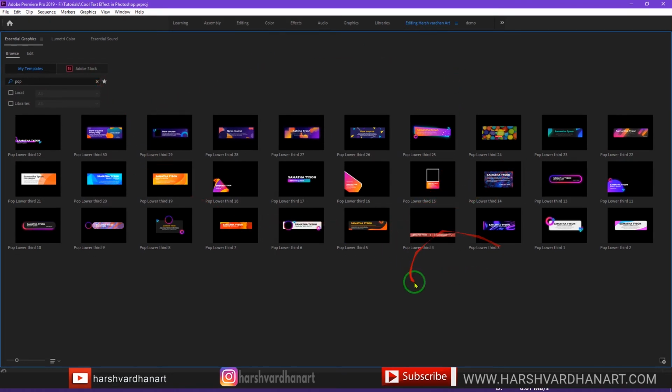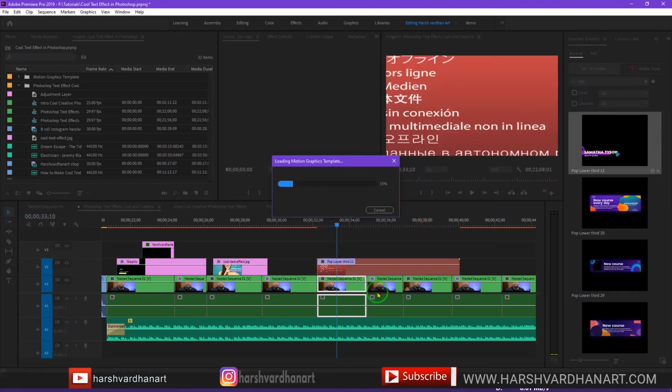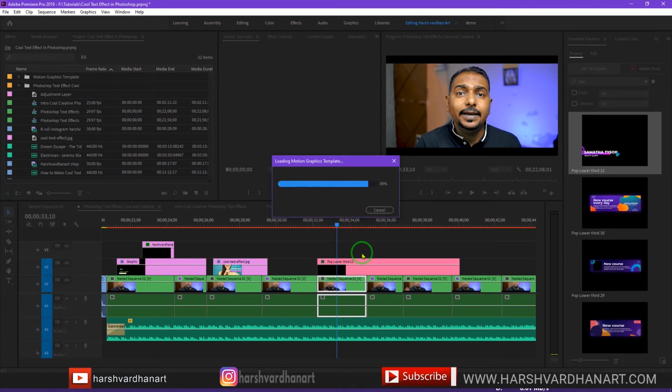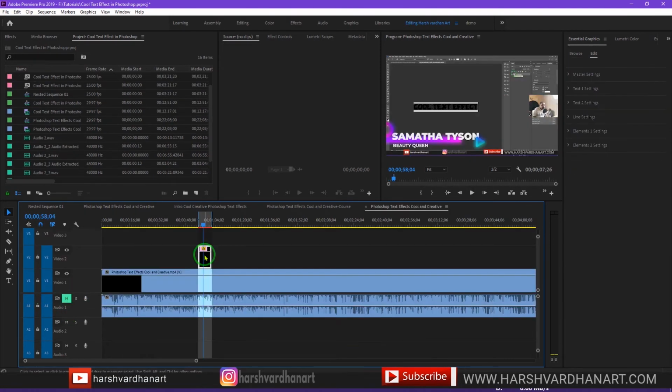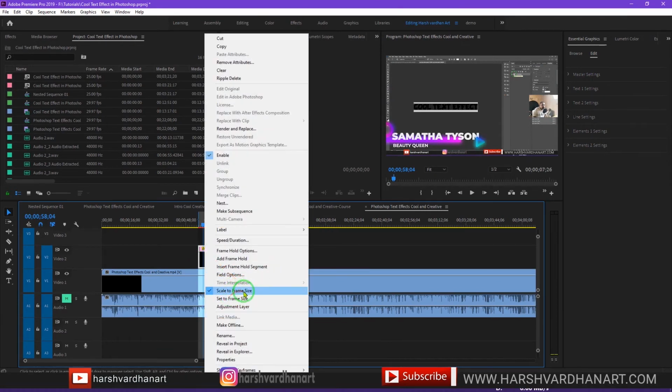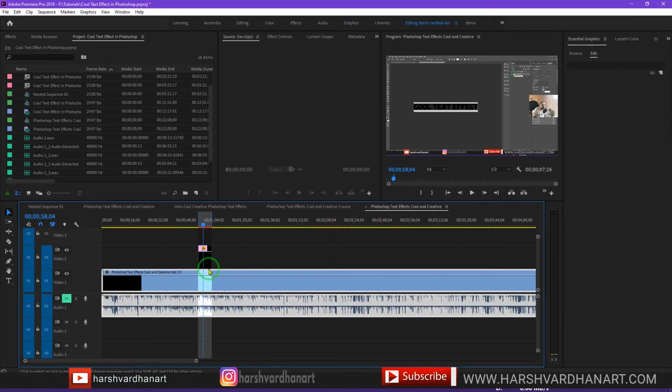So now I'll again press the key to minimize this window, and now I can drag and drop over this video. So I'll just click and drag it over here, and it's going to take some time, and that could be loaded over here. Let me just lower down the resolution of playback so that we can see it. So if I just press the play button, let me just mute everything, or let's make it solo. Thereafter we need to right click and select Scale to Frame Size. This is a 4K resolution, and this sequence is 1080.